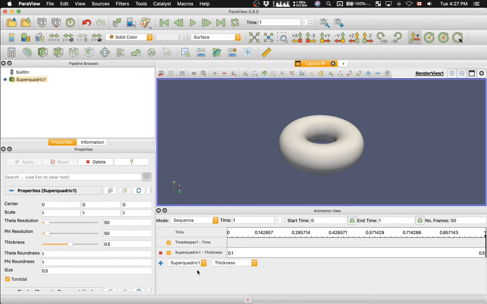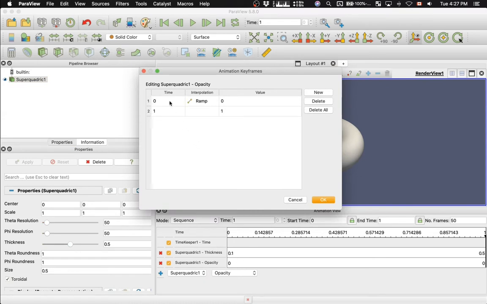Let's also change its opacity. Right here in the properties, again, the torus, super quadratic object. In the properties, let's click on opacity and then click on plus. And then I will double click on the opacity timeline. And now let's say for the second half of the movie, so going from 0.5 to 1, my opacity is